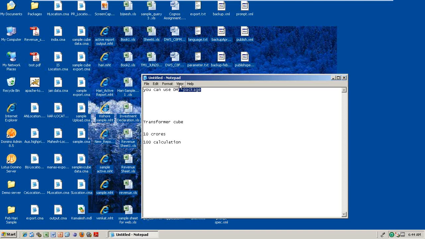And then what will happen? It will go and hit the live database of 10 crore records, and then it needs to use the 100 calculations which need to be prepared before showing in Analysis Studio. So whenever I'm selecting India to Australia something, it will go and again hit the database of 10 crore records, and then need to execute the calculations, and only then will it display.